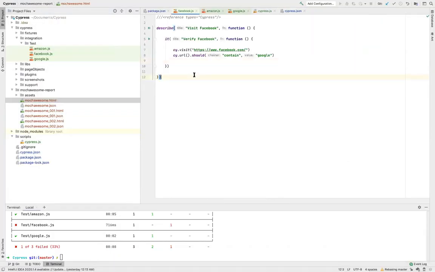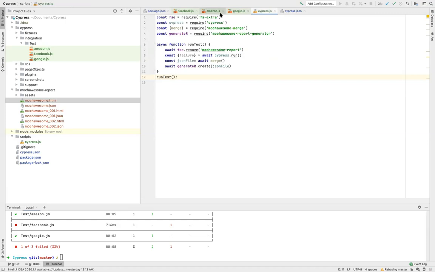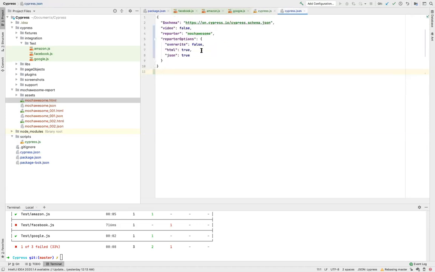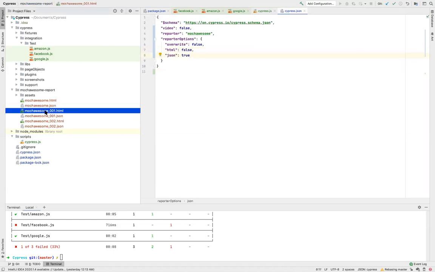You can further play around with it by making changes in this cypress.js scripts file. Say, for example, I set HTML to false. Right now you can see that I'm getting HTML files of my tests also. In this case, you will get just one HTML file, which will be your consolidated file.